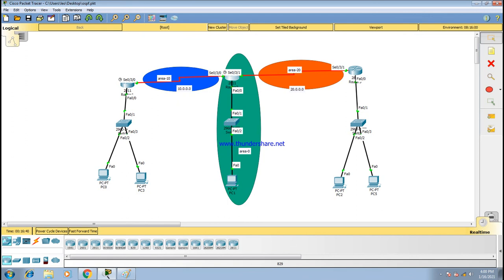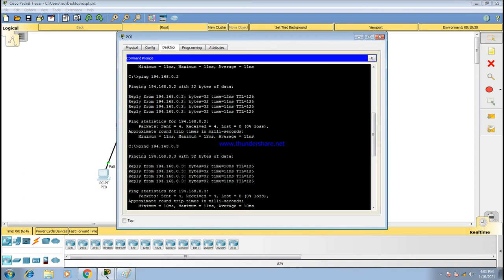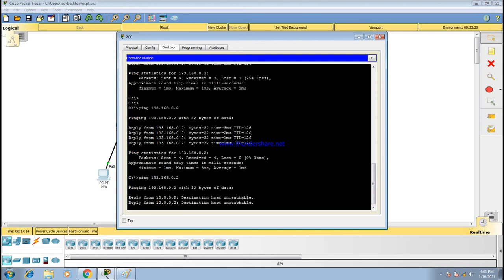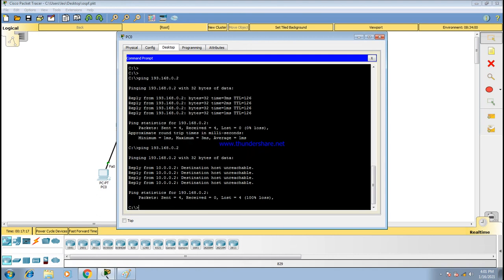Then I want to try to ping from this first system to the account department, before I was getting the proper reply. Okay, so now I am trying to ping and it's not getting a reply. See, 192.168.0.2, before the ACL we were getting the reply from the account department. Now I try to ping this system 193.168.0.2. So give enter.